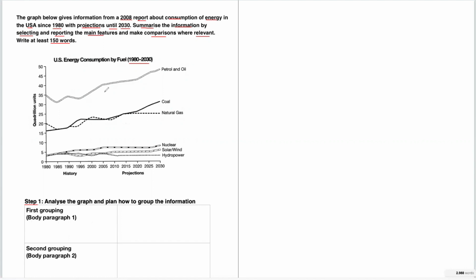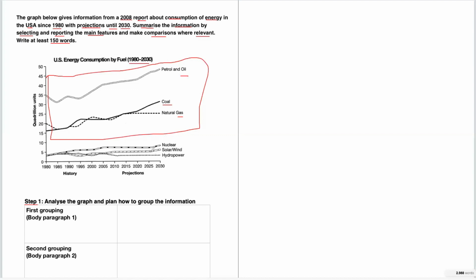So first off, just looking at this graph, we see that coal, gas, and oil, or you can think of these as fossil fuels, show the highest consumption of units with predicted increases. Okay, so you see that these are way here at the top. We've got our time on the x-axis and the quadrillion units on the y-axis. These three show the highest consumption of units as time goes on. So it just makes sense to make this whole section here,